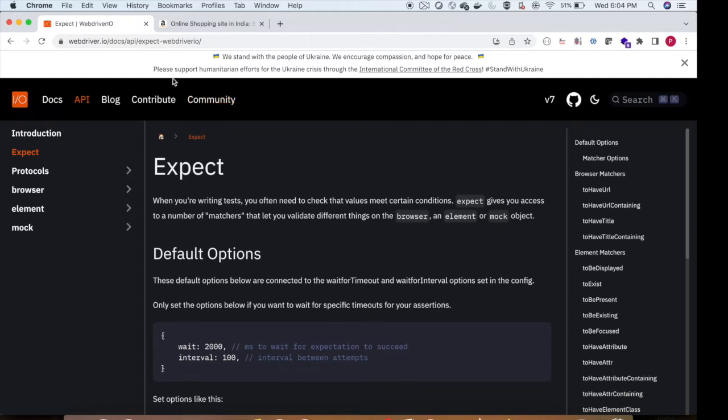If you go to the official website of WebdriverIO, this is what it says. When you are writing tests, you often need to check whether values meet certain conditions or not. Expect gives you access to a number of matchers that let you validate different things on the browser, element or mock object. You can use this expect on the browser or any element. Okay, and if you go to your